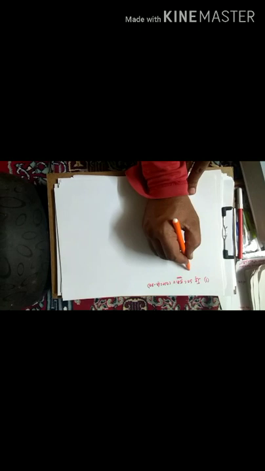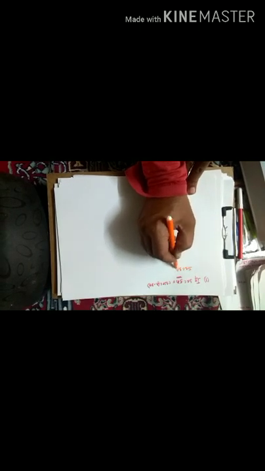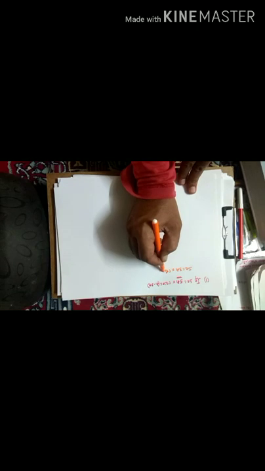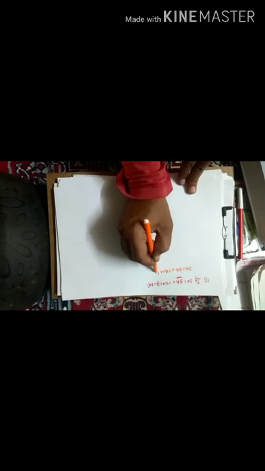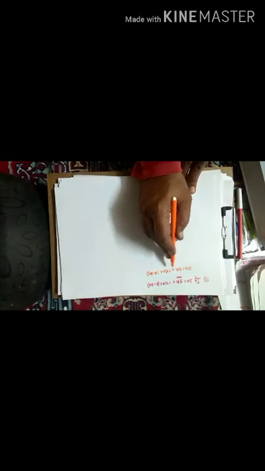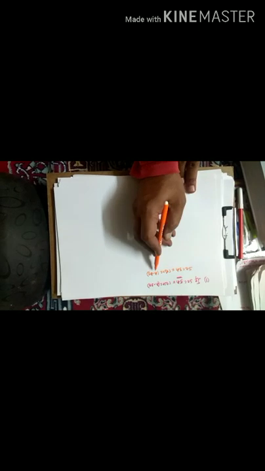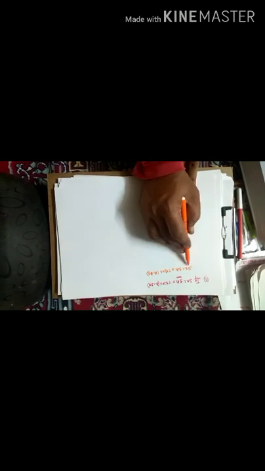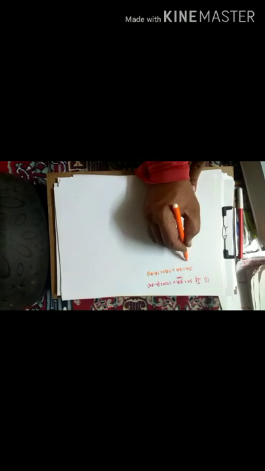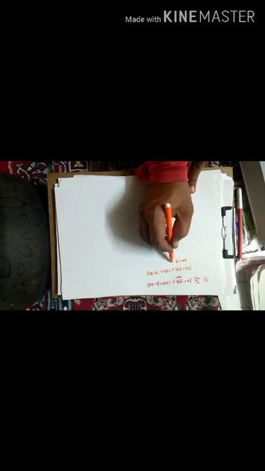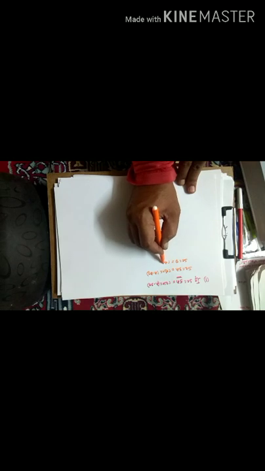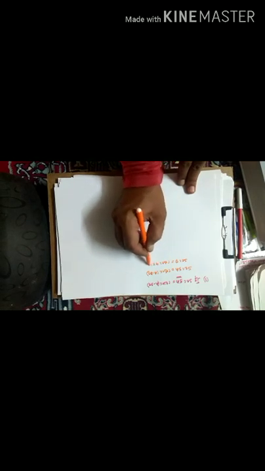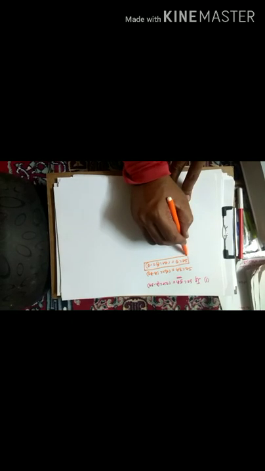So here given is sec 4A is equal to cosec A minus 30. Now it is in sec and it is in cosec. We can equate the angles 4A and A minus 30 when these two trigonometric ratios are equal. We know that sec theta is equal to cosec 90 minus theta. By using this property we are applying here.